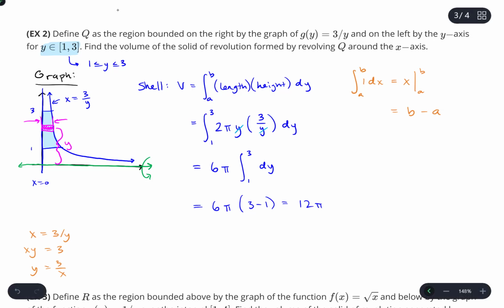Then just to give you a reminder as to why the integral of 1 is x, remember you can replace 1 with x to the 0th power, and then when you use your rule of integration, take the exponent, add 1 to it, divide by the new exponent, it becomes x to the 1st over 1, which is why it becomes x. All right, let's move on to the next example,